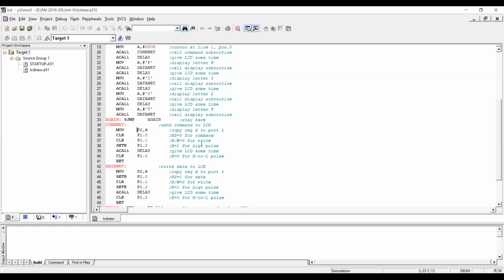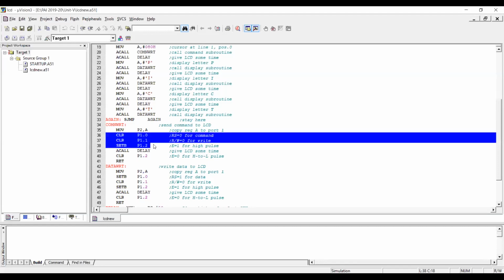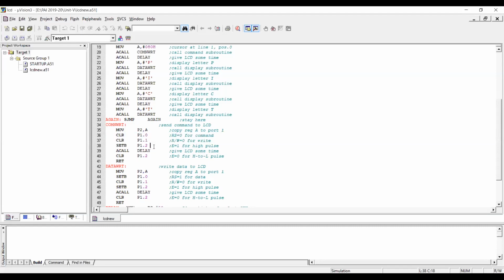Getting this? That's why the A value is sent to port 2, and for the port 1 bits we either set the value or clear the value. So if we want E to go high to low, that's why we set P1.2 and then we clear the value.